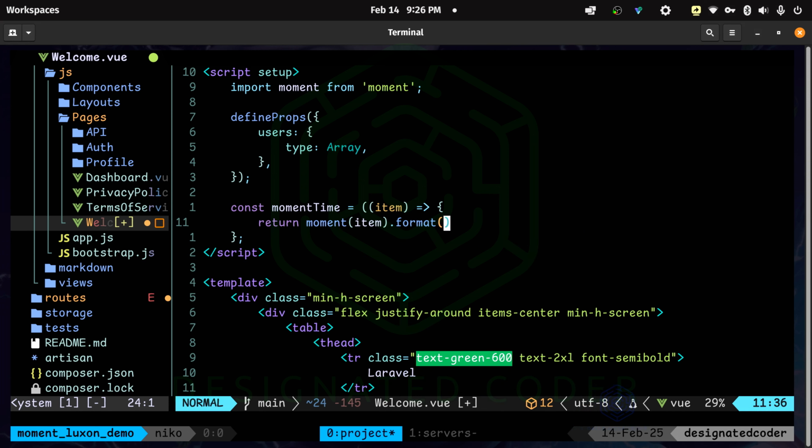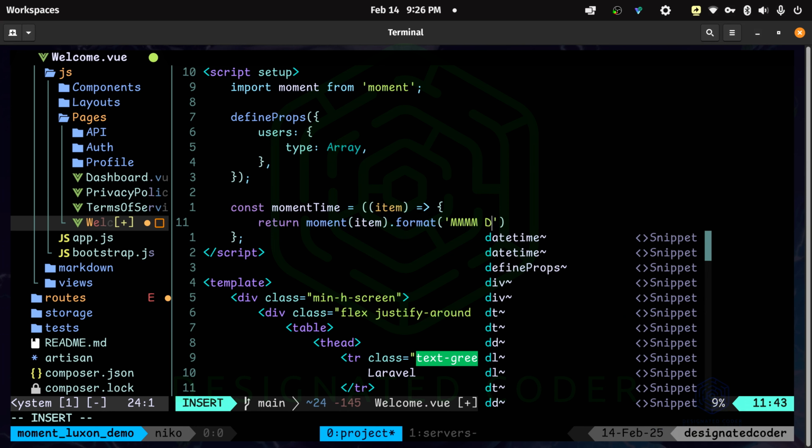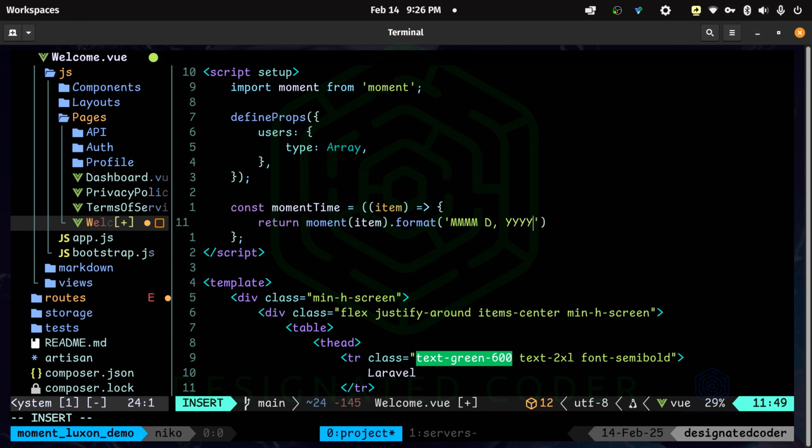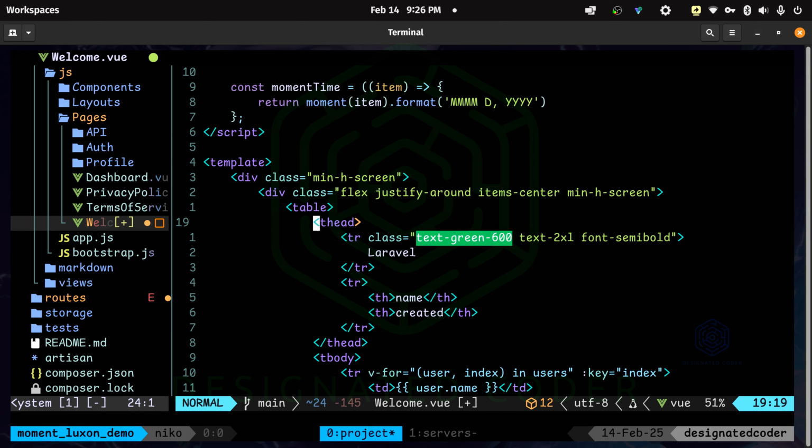I want to have the same type of format that we have with the Laravel date and time, which means that here I can do 4 M's, the D, and the year. Basically, that's just saying we want the month, the number date, and the 4-digit year, which will be 2025 or whatever it is.